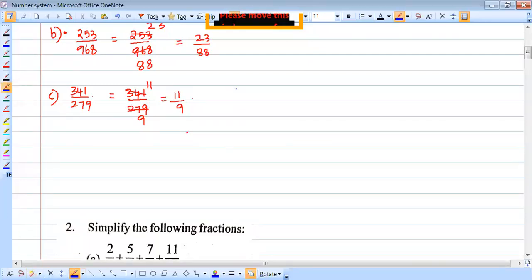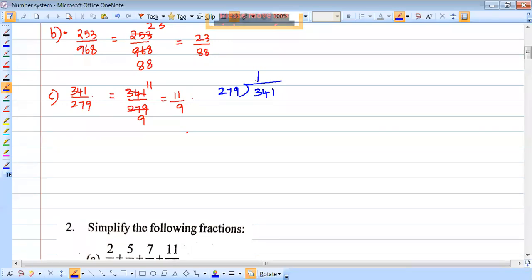See here, first one. Let me write this number 341 and this number 279. How many times will it go? The question is the 11 table? No, not necessary, because it is divisible by 11. We know the divisibility rule for 11. So for a small number, you need not use this method. You can do it by the actual divisibility rule method.